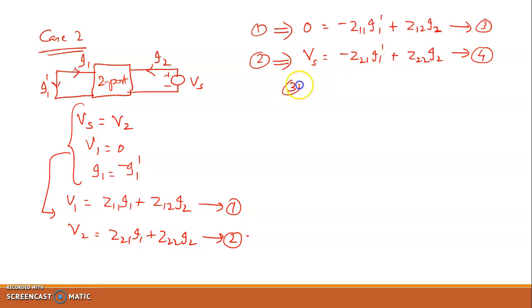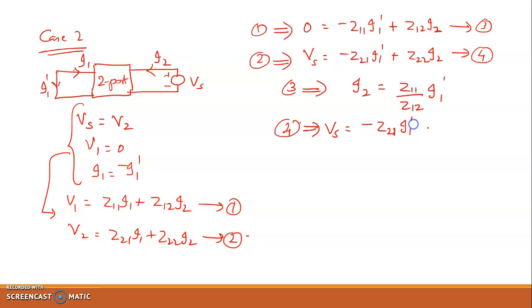And from 3 I can solve for I2. I2 is equal to Z11 divided by Z12 into I1 dash. Okay, substituting the value of I2 in equation 4, I can solve Vs is equal to minus Z21 into I1 dash plus Z22 into Z11 divided by Z12 into I1 dash. Okay, so from this equation I can write Vs by I1 dash is equal to Z11 Z22 minus Z12 Z21